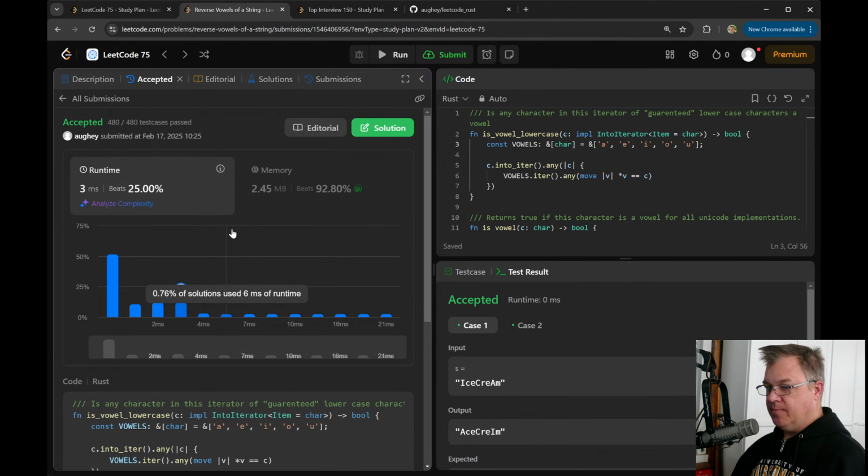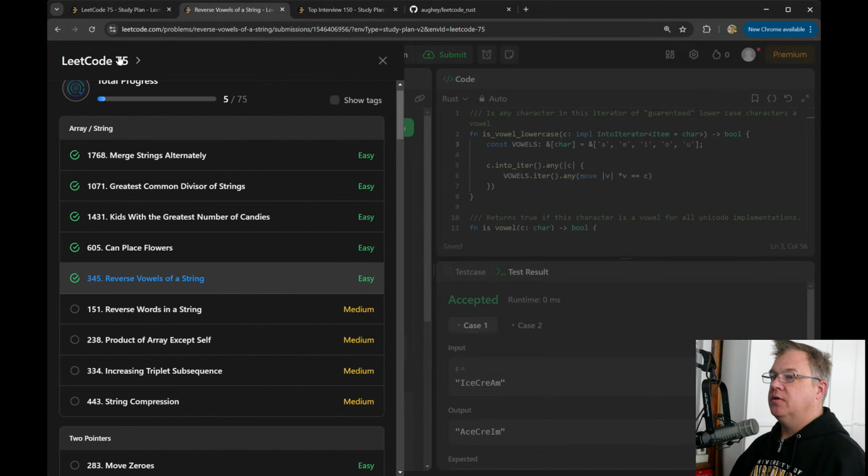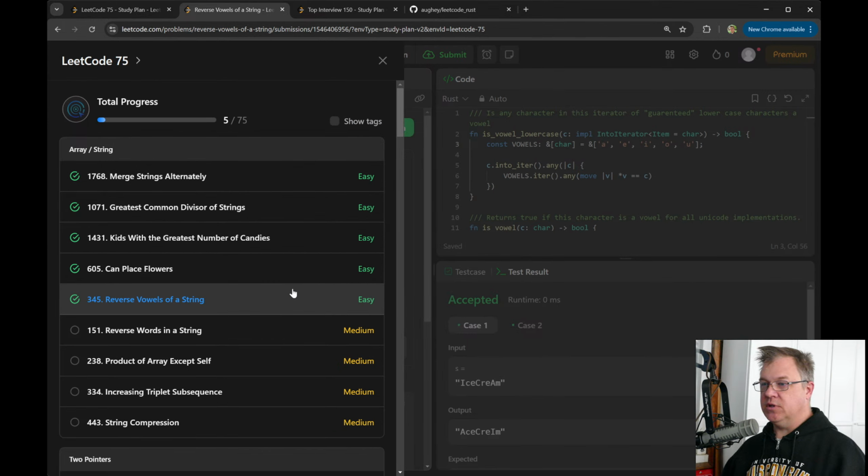Okay, I'm going to call this a day. We're on LeetCode 75, I think. So we've only done 5. Man, so this is going slow, but I'm really happy with the solutions that I have here.